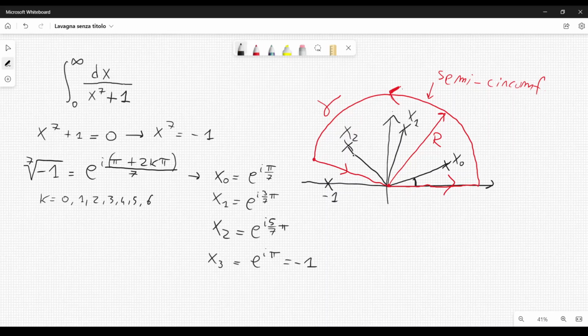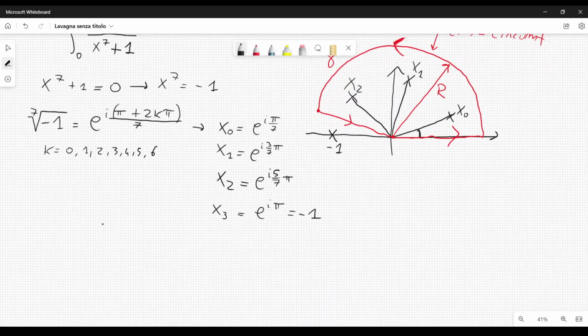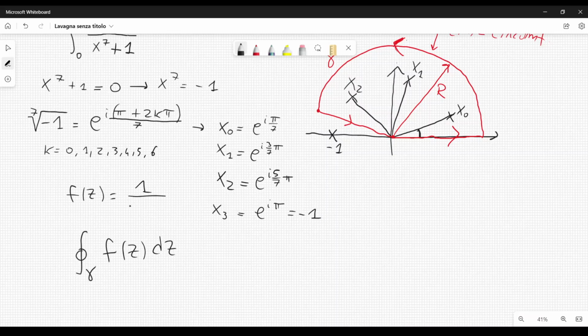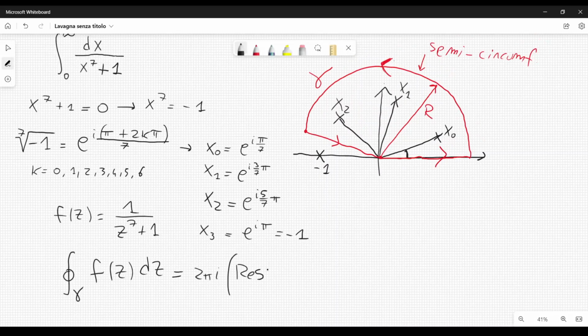We know that according to the residue theorem, if I calculate the integral over gamma, which is a closed contour, of the function f of z dz, where f of z, in this case, I will define it like this, 1 over z to the 7 plus 1. This is equal to 2 pi i times the residue of the function f evaluated at x0, which is e to the i pi over 7,